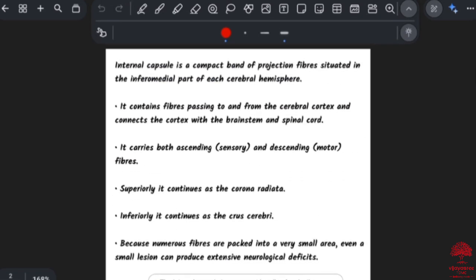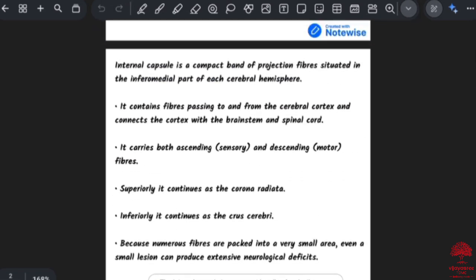So that part is written here. The internal capsule is a compact band of projection fibers that is situated in the inframedial part of each cerebral hemisphere. It carries both ascending, that is sensory, and descending motor fibers. Superiorly it continues as the corona radiata and inferiorly it continues as the crus cerebri of the midbrain. Because numerous fibers are packed into a very small area,